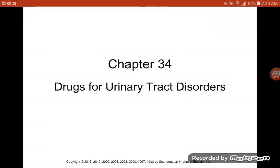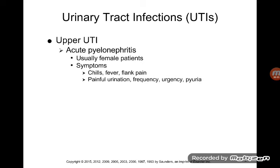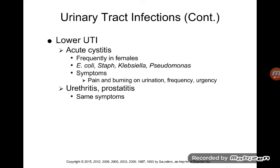Looking at drugs for urinary tract disorders. Urinary tract infections can be upper UTI like pyelonephritis, which are usually in female patients, and the symptoms include chills, fever, flank pain, painful urination, frequency, urgency, and pyuria. Lower UTI, which are more common, like acute cystitis or prostatitis, where the symptoms include pain and burning on urination,